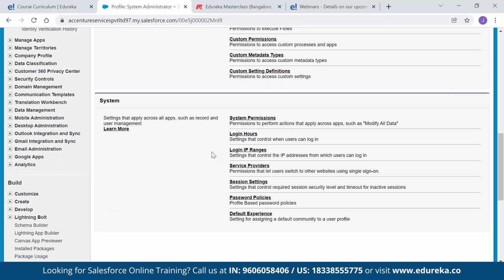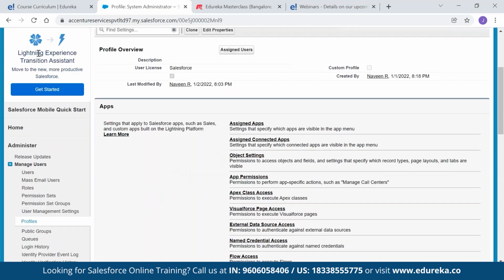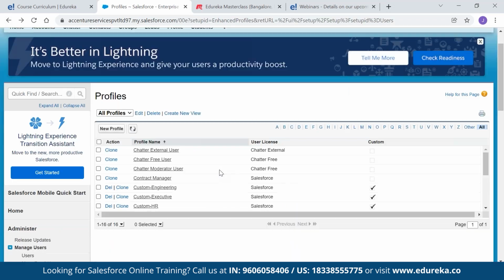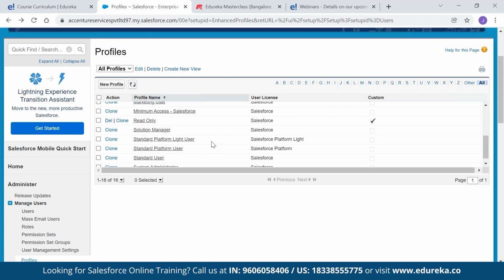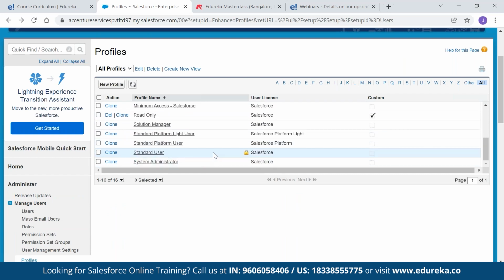You can also define profiles based on the background of the user. For example, different levels of access can be set for different users like system administrator, developers, and Salesforce sales representative. You can create different sets of profiles. Similar to tabs, we can use any standard profile or create a custom profile. These are the standard profiles. There are 6 standard profiles. Apart from this, you can create your own custom profile.